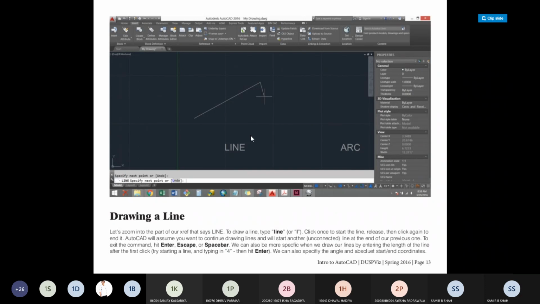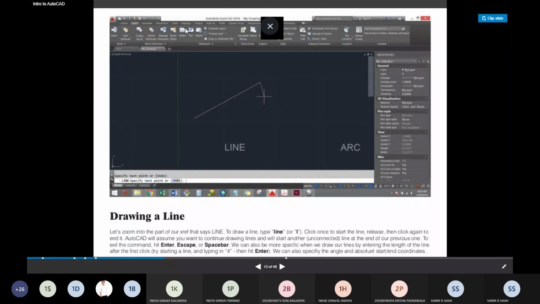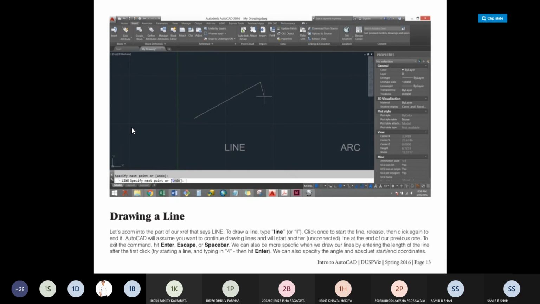that is drawing a line. We know very well that to draw a line, we require two endpoints. One is the starting point and one is the end point. Okay. If you want to start to write or to select the line, there is an option given to you here. And if you don't want to find it, then you directly just type L. Okay, just type L, and the line command may start.